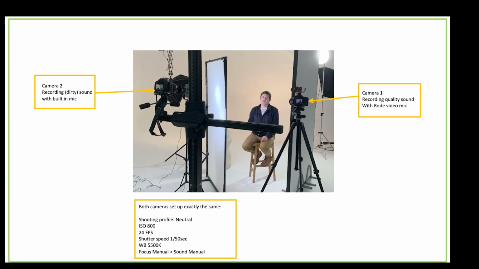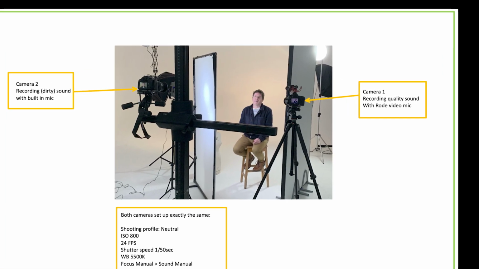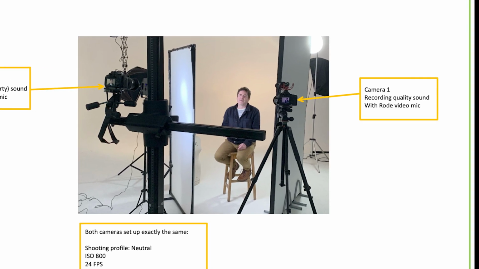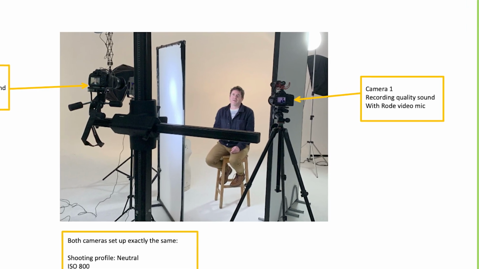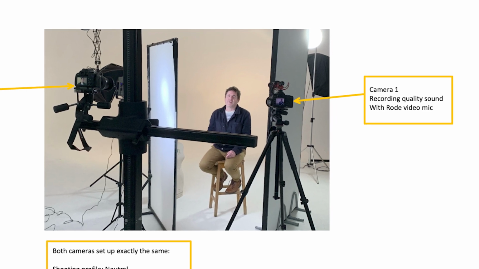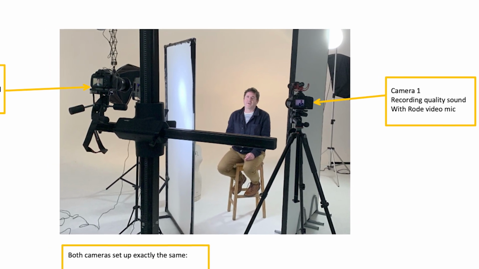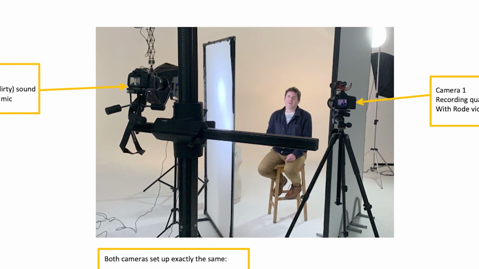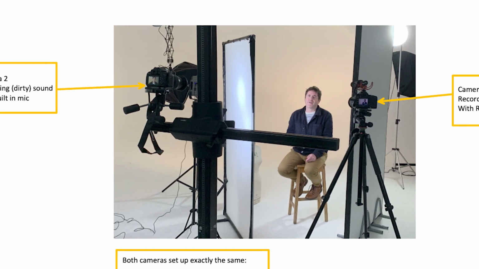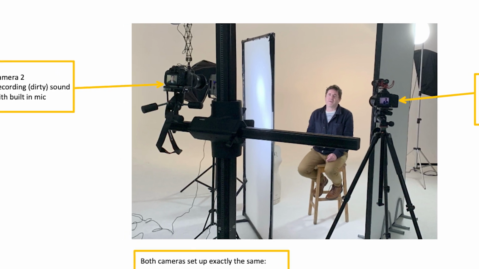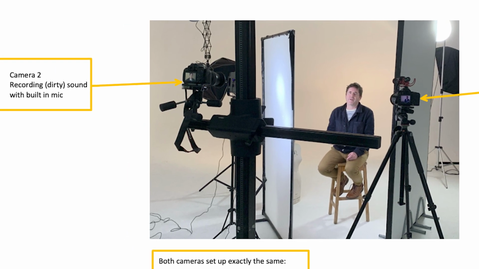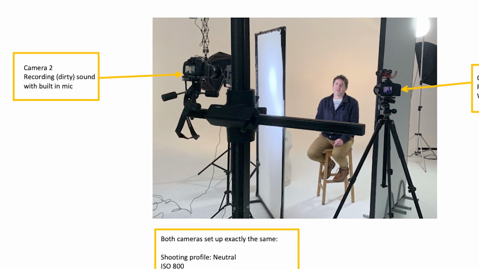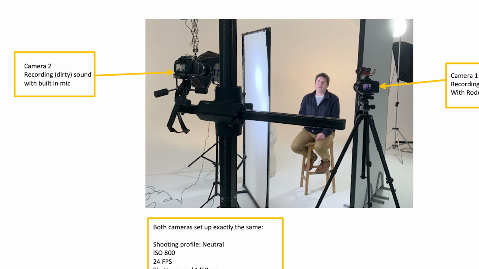So setting up multicam is pretty straightforward, really. Obviously, you have two cameras, you can have three cameras, four cameras, as many cameras as you want. One of them is the main camera, where you're recording the good quality audio from. In this particular instance, I'm using a Rode video mic attached to camera number one, and on camera number two, the secondary camera shooting from a different angle,